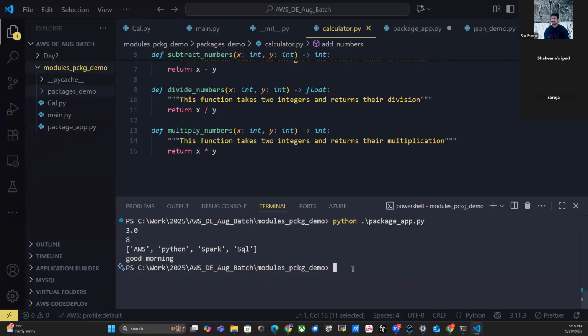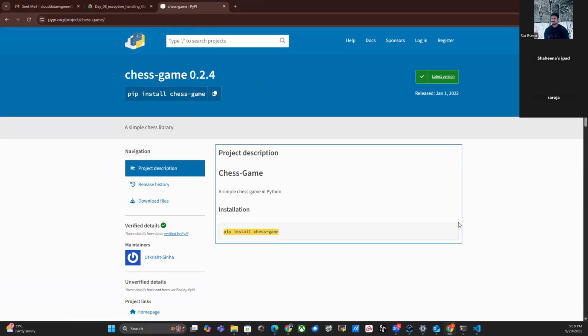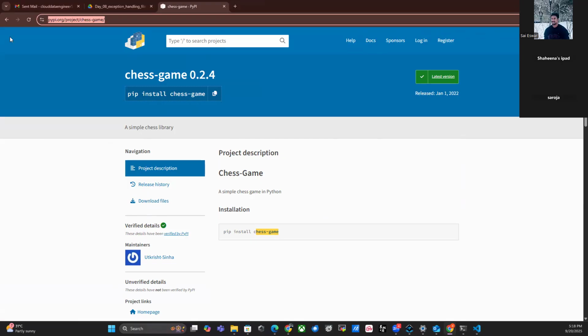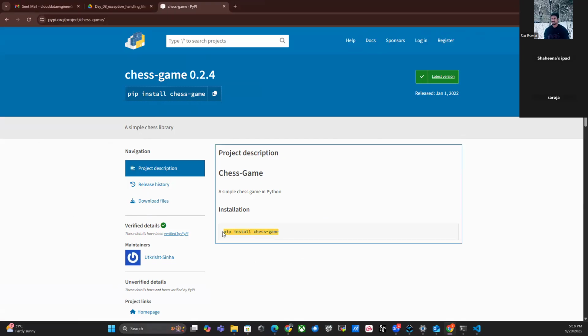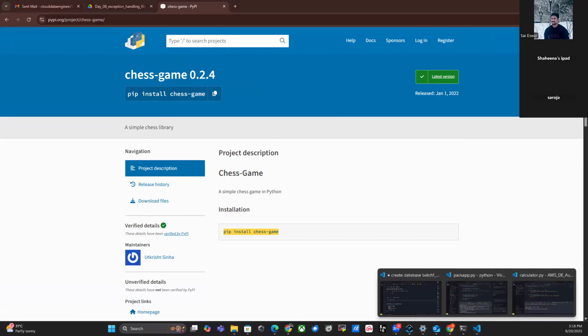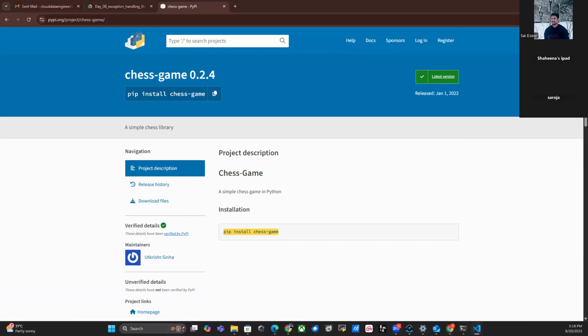You already have pip install chess game. If you press enter, whatever Python files this person implemented for the chess game will be downloaded. Someone implemented the chess game, and whoever implemented it uploaded all their files to this repository, this website. So if you do pip install chess game, it will download all the Python packages into